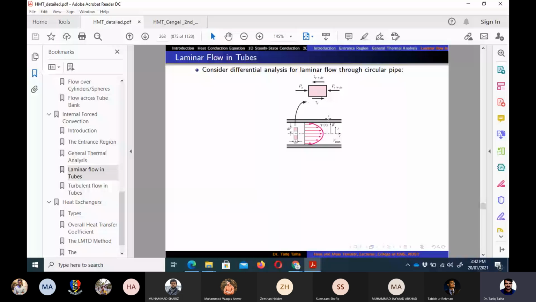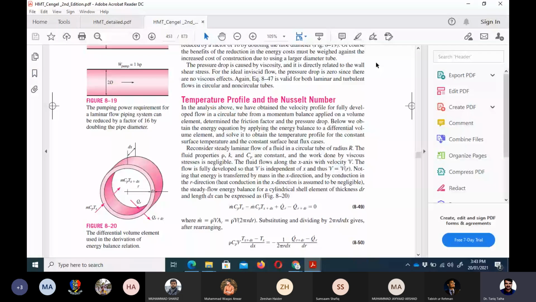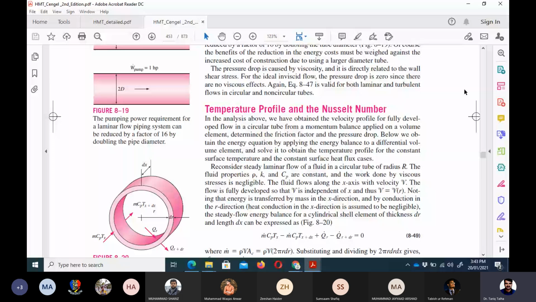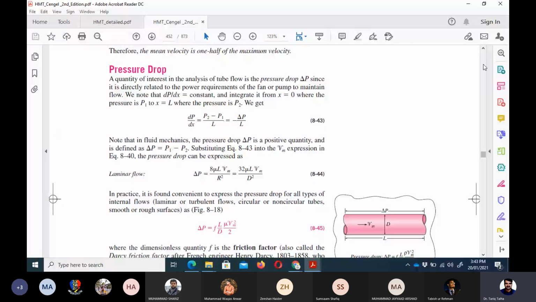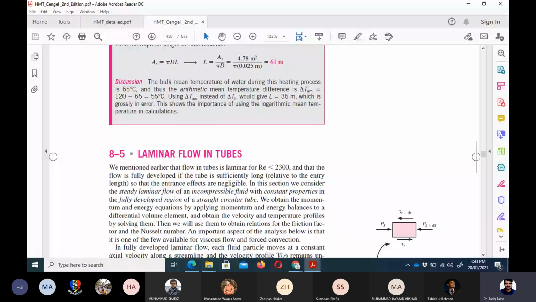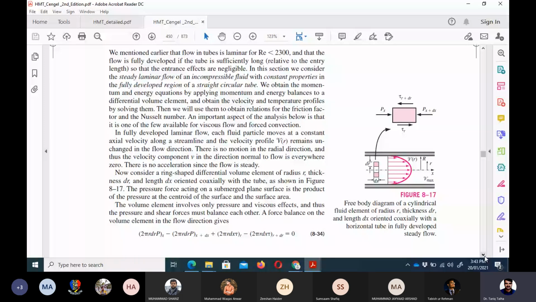differential analysis for a pipe flow, the velocity profile for a pipe is usually parabolic. If we know the distribution of velocity, that is parabolic, it is given by this equation. As I told you in the last class, this derivation is done in this section, A-5 I think, because we know from our fluid mechanics course that this 8-39,